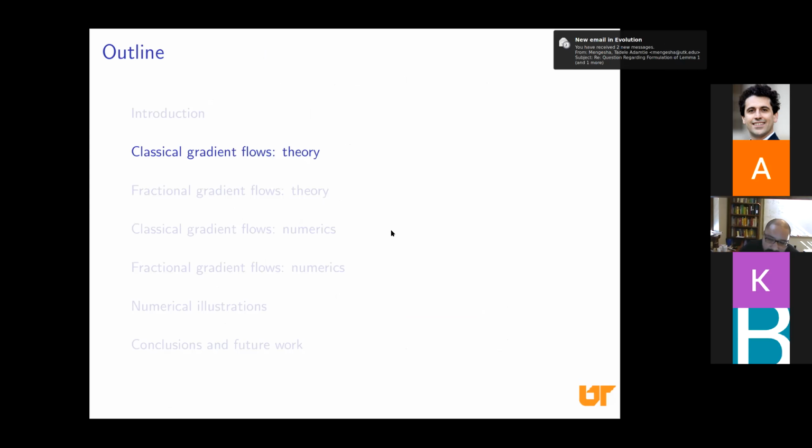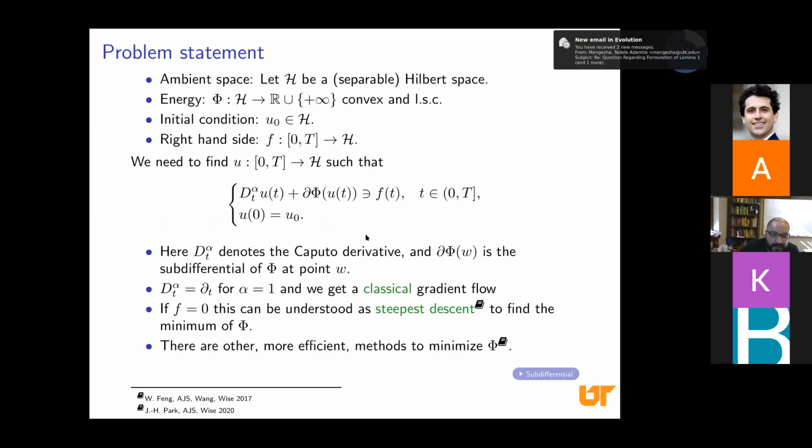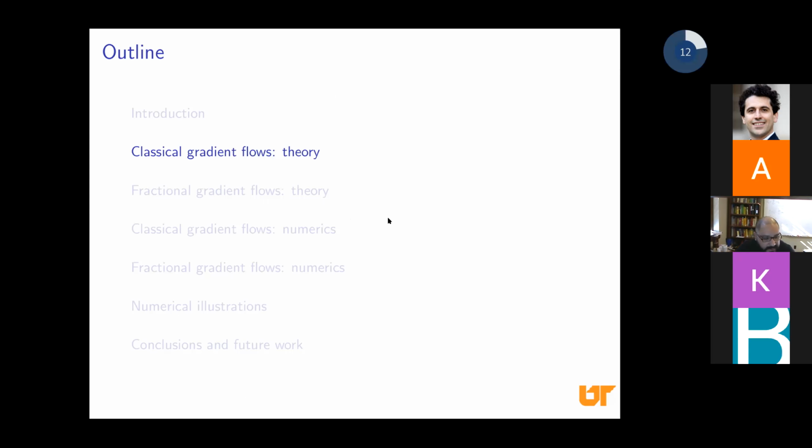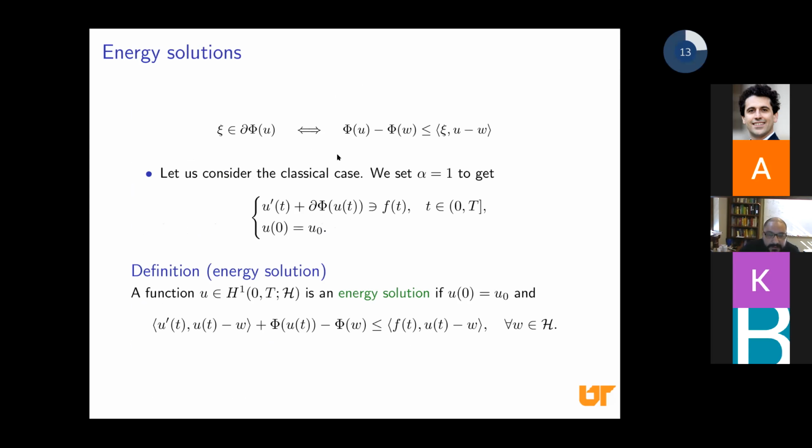So let me now consider the classical gradient flow case, so the case when alpha is equal to 1, trying to extract the essential points of the theory to see what needs to be done if I want to develop a theory for the fractional case. So let's remember, I considered the classical case, so I replaced the Caputo derivative with just a regular derivative. And now I remind you that being in the subdifferential is equivalent to this inclusion. Remember the subdifferential is just the collection of all the slopes of the planes that touch the graph of my energy from below. And this is what that means in formulas.